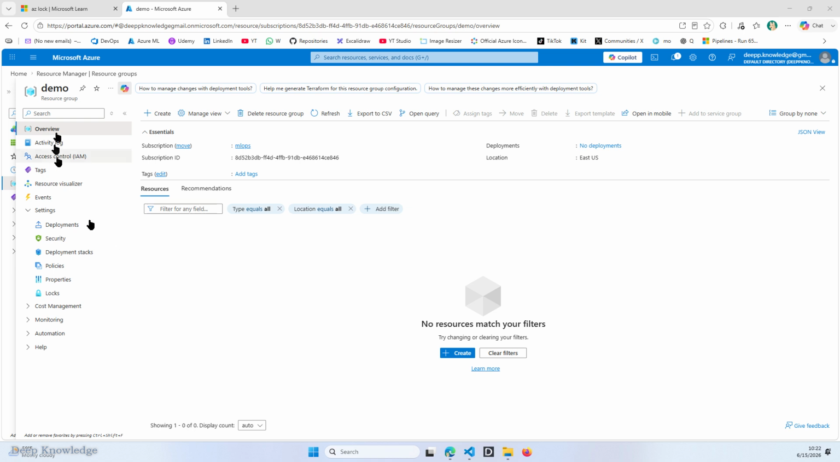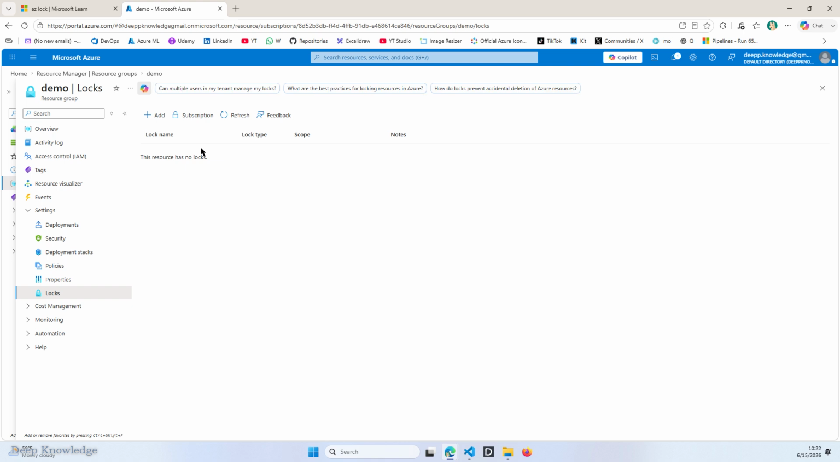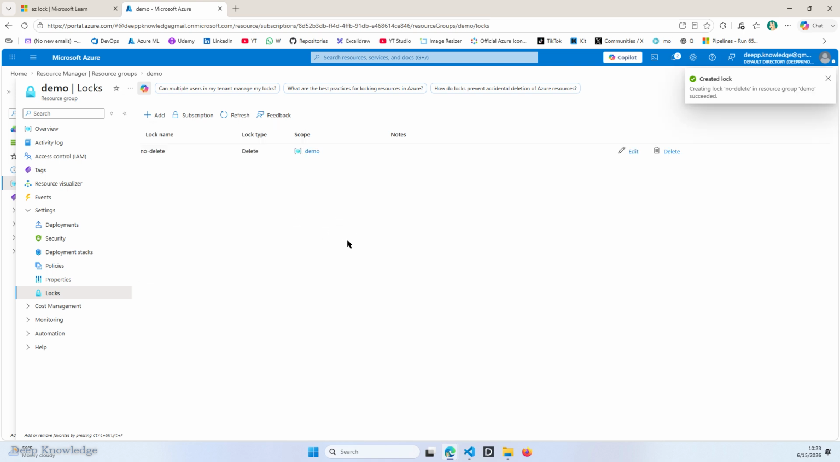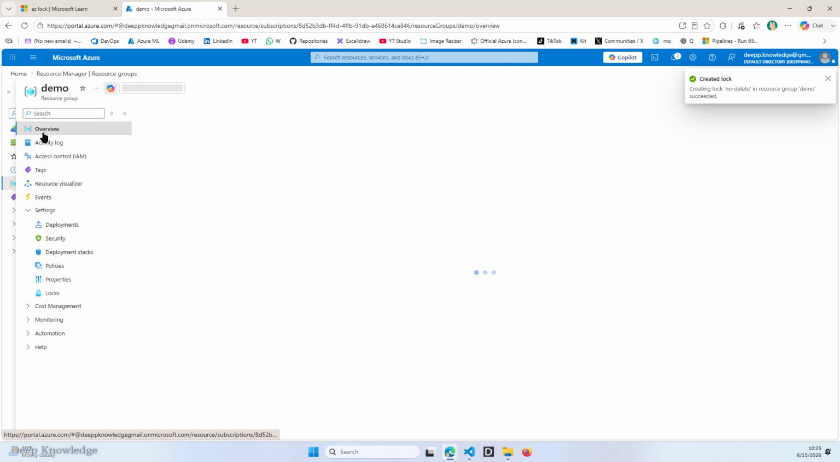protection we need. So assume that we have this resource group. To add the lock, we can go to Settings and click Locks. There are two types of locks, read-only or delete. Let's select delete. A delete lock means no one can delete this. So I will just click here. No, let me go to the